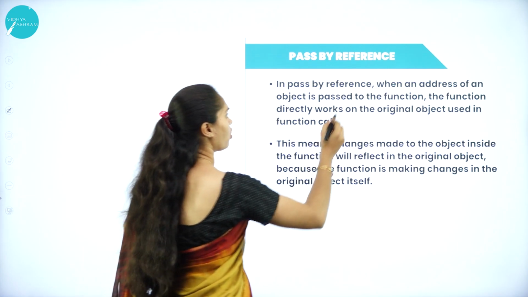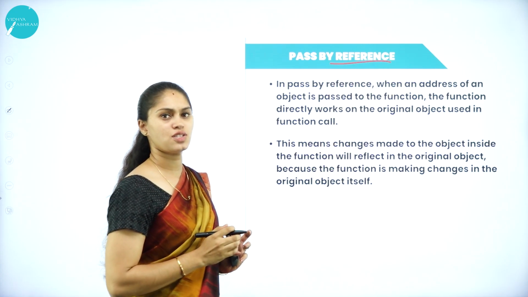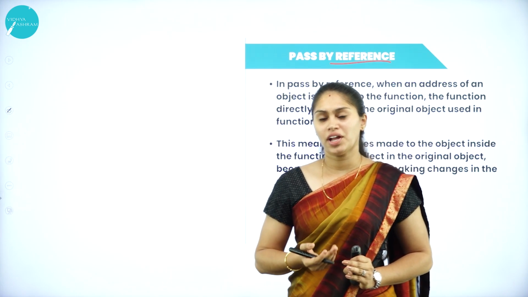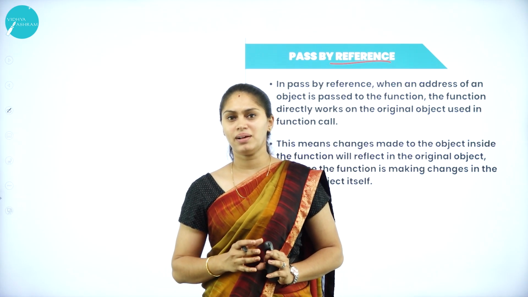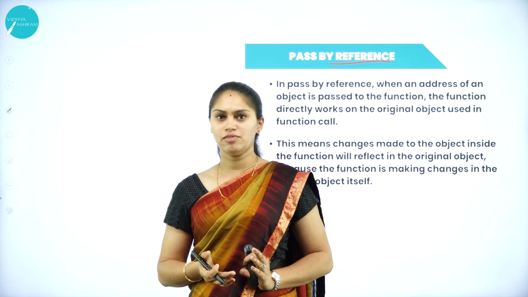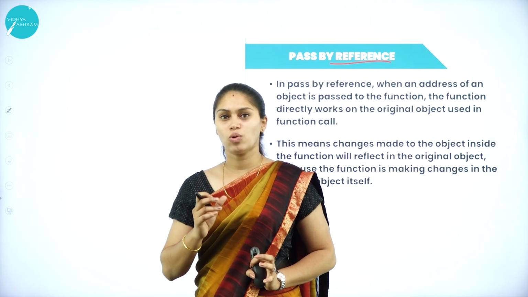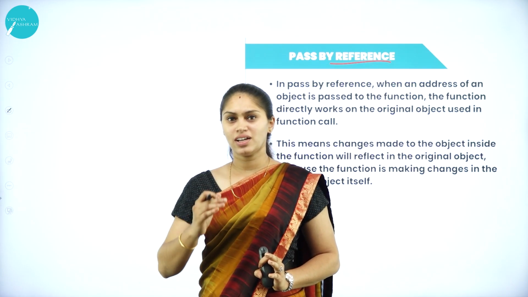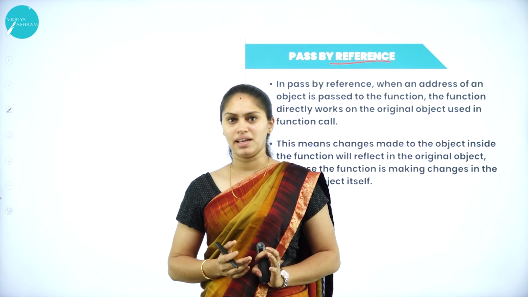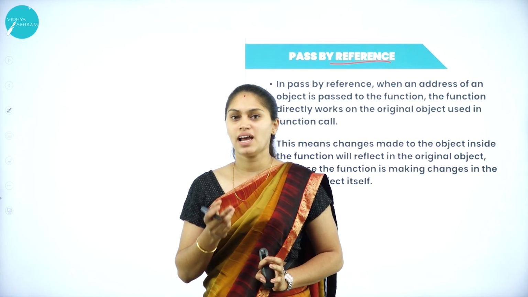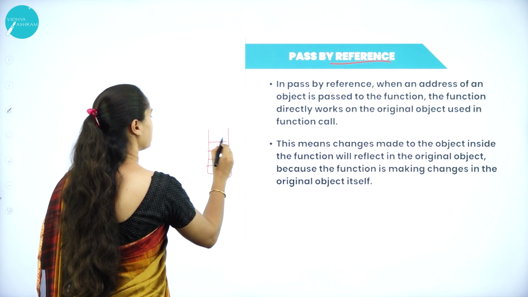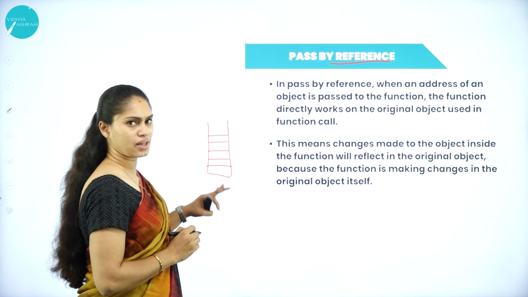Okay. So coming to pass by reference. Reference is nothing but what? The address of an object. You all must know it. When we are creating an object, at that time it will allocate the memory space. For example, if my class consists of an integer along with a character and then a float, every data type has its own size. Based on the declaration of the data members and member functions, this memory allocation takes place. So when I am creating an object, at that time in memory it will allocate a memory chunk, that is a memory space, for a particular object.